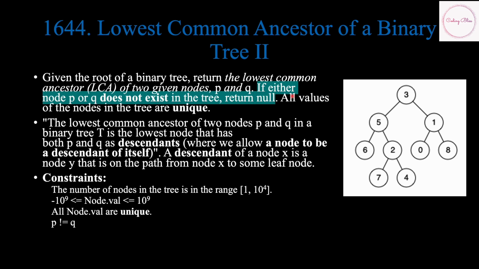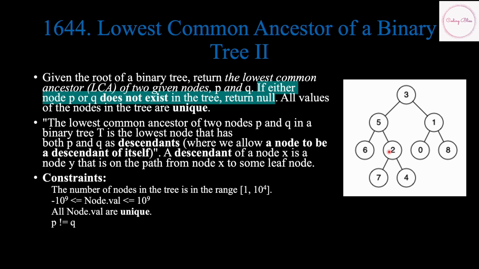I would highly recommend you first solve LeetCode problem 236 before you do this problem. All values of the nodes in the tree are unique. Basically you have to find the lowest common ancestor. Assume that you have 5 and 0, then 3 is your lowest common ancestor. But if you take 2 and 6, then 5 is your lowest common ancestor. Even though 3 is an ancestor, 5 will be the lowest common ancestor before 6 and 2 diverge to